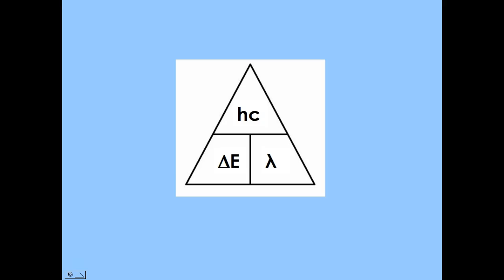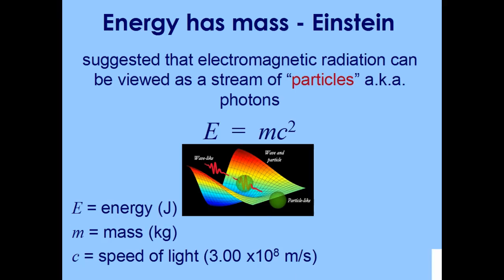So as we talked about in class, this would be what your triangle would look like if you were trying to relate the energy to the wavelength. And then obviously if it was energy to frequency, it's just all multiplied together. We also learned through Einstein that you can relate energy to mass, and that the photons that we've been talking